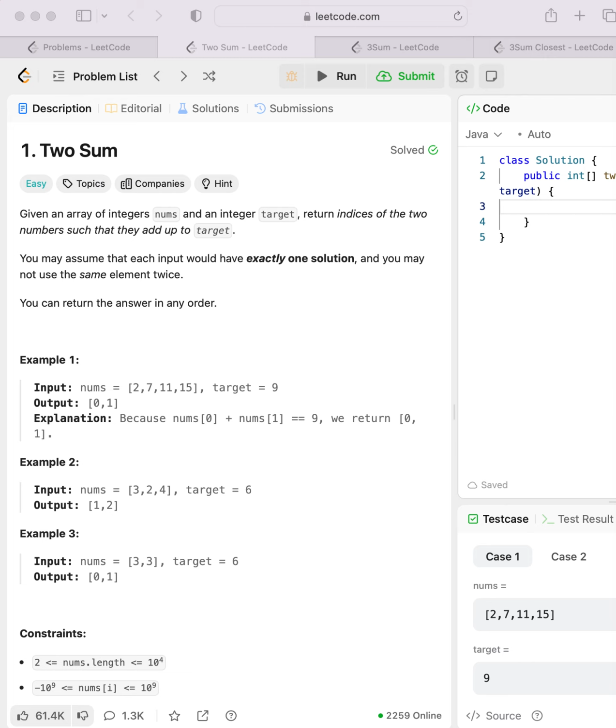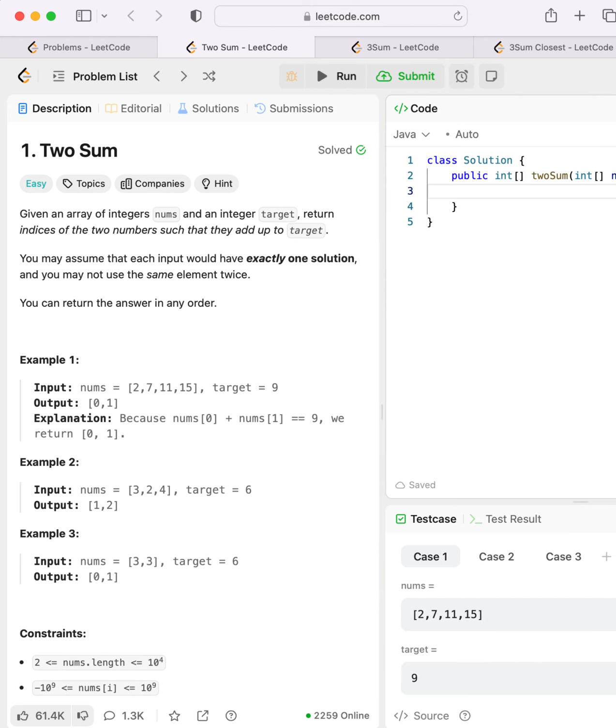Okay, so I'm thinking if we are going to go with a naive approach using 2 nested loops to check every pair of numbers, it's going to result in the time complexity of O of n square. And so in the naive approach we can just use 2 nested loops to check every pair of numbers, and for each nums of i we iterate through nums of j and